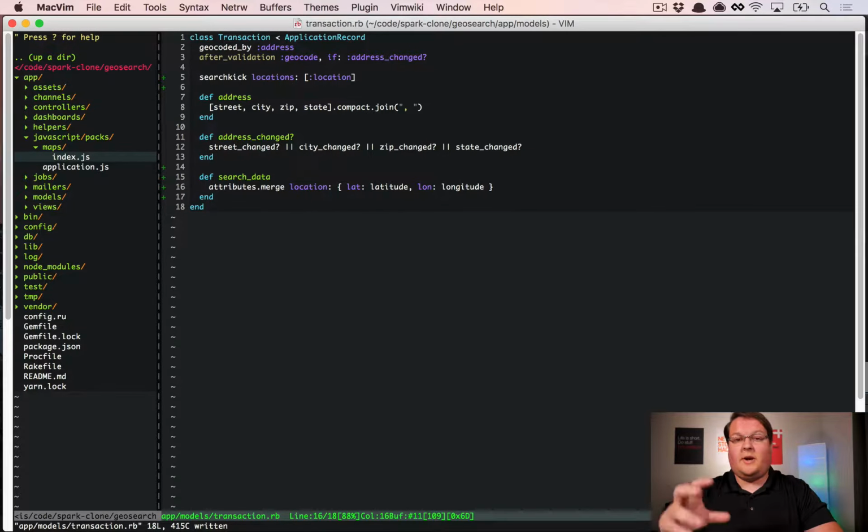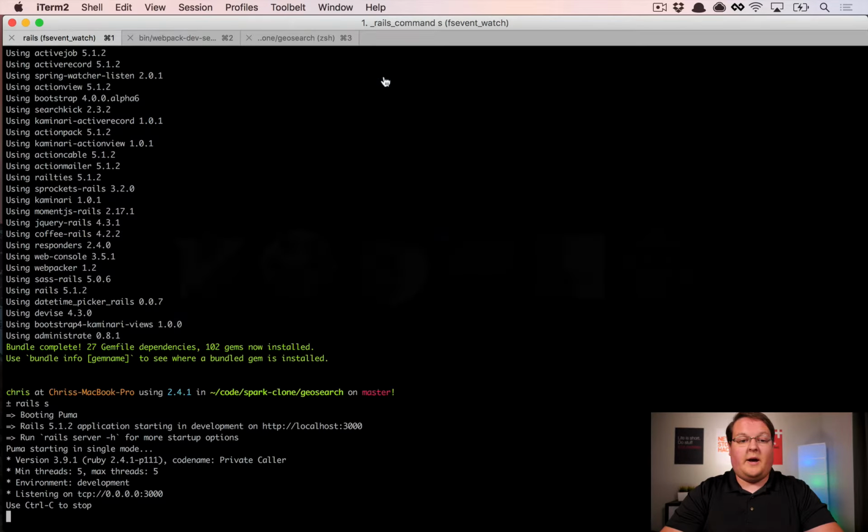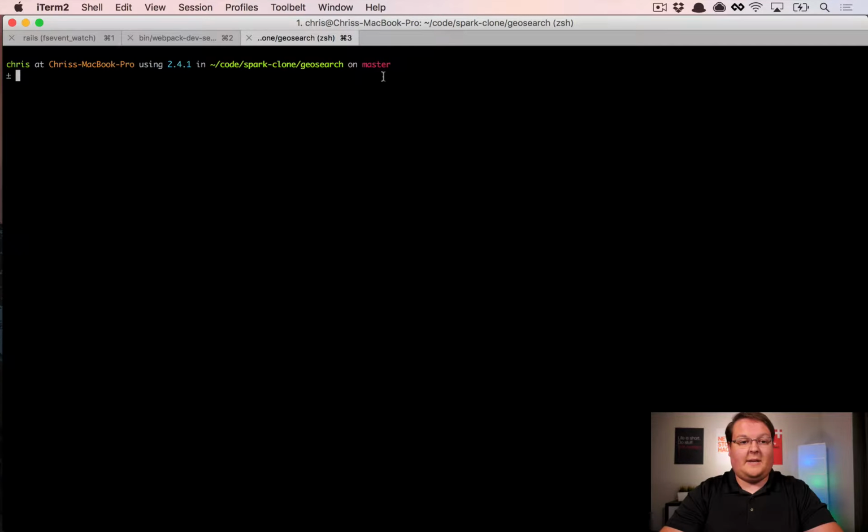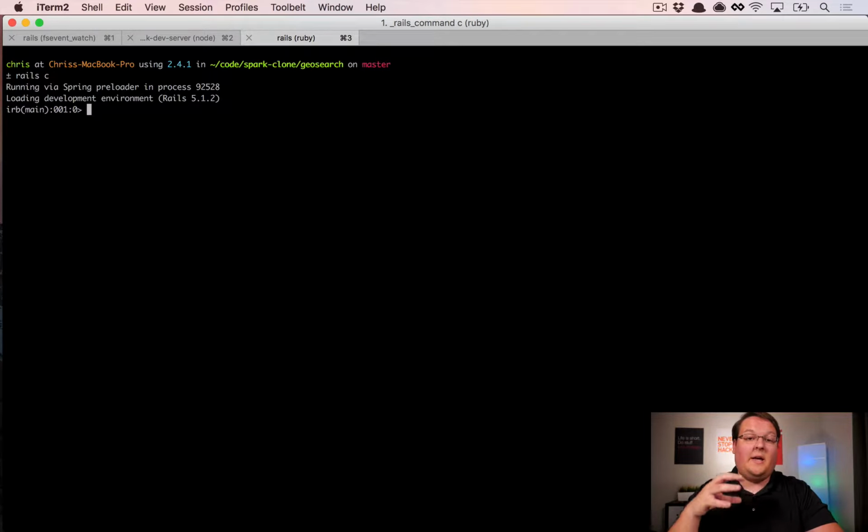This is going to just create a sort of fake attribute that we can search against called location, and that will be then available when searchkick is indexed. So searchkick will also automatically index everything, but we're going to go to our Rails console because we already have a bunch of records in our database. But any new ones or edits or whatever that you make will be re-indexed, but we need to go and say